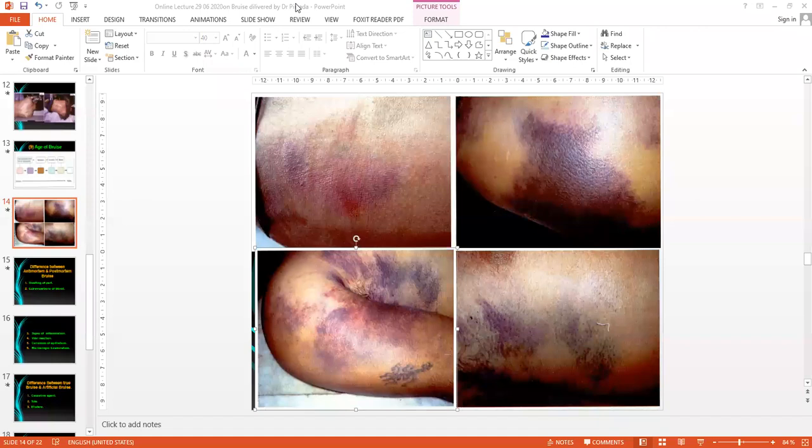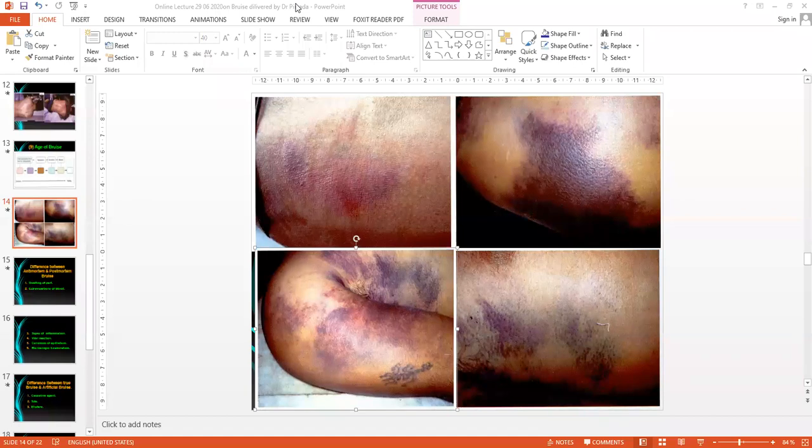But Tardieu spots are petechial hemorrhages, and petechial hemorrhages occur due to pressure. Suppose you are gripping the neck, causing throttling. Now the person tries to breathe, to inhale and then exhale, and this phenomenon leads to increasing intracapillary and intravascular pressure. On account of the struggle of the victim, when you are gripping the neck, throttling, and giving pressure in the medial plane, the person tries to escape and wants to breathe. During this process, intravascular pressure increases in the vessels. On account of increasing intravascular pressure, especially in capillaries and venules, they burst. Now superficial capillaries burst and give rise to a pinhead appearance of blood, which is called Tardieu spots,